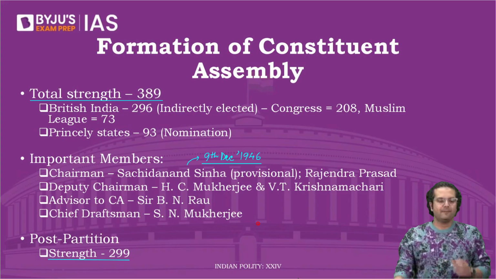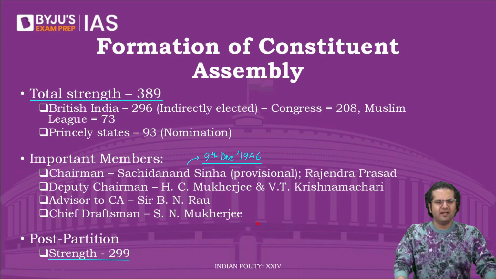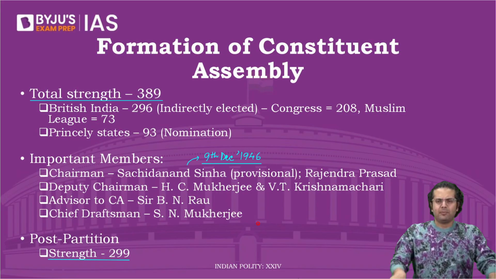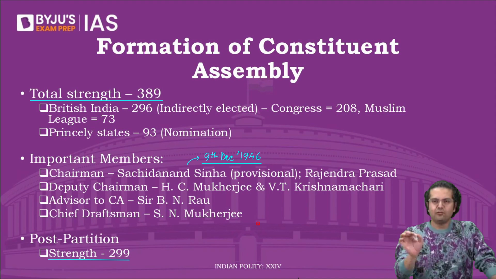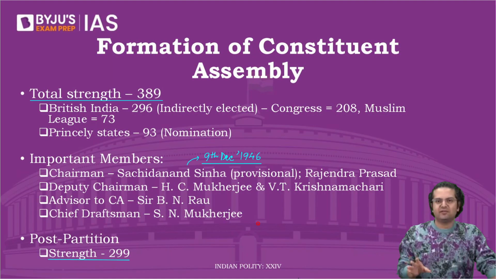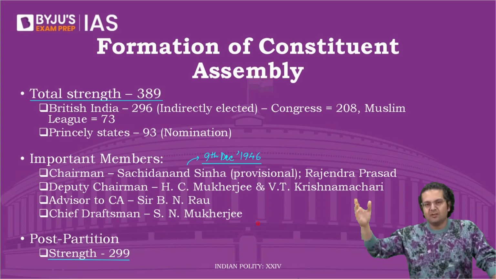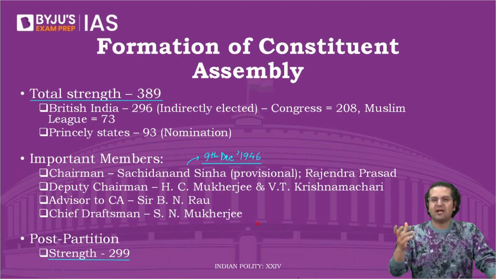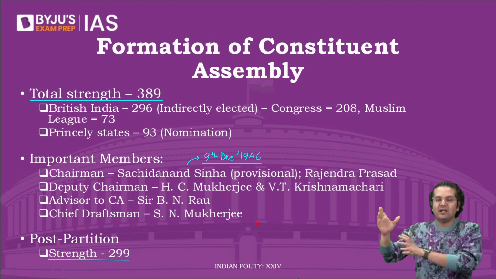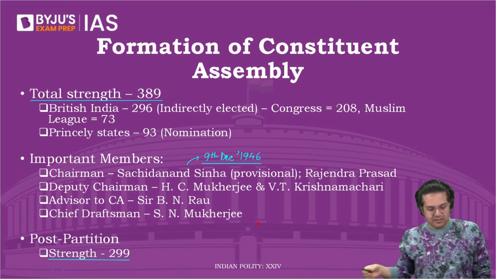So basically, the Constituent Assembly together, let's say they said, we want the protection of life and liberty. Done. This is the idea we have to add in the Constitution. But how to write those words? What choice of words? That no one shall be deprived of their life or personal liberty, save as in procedure established by law, notwithstanding. All these words that you see in the Constitution have been written by S.N. Mukherjee and his team.